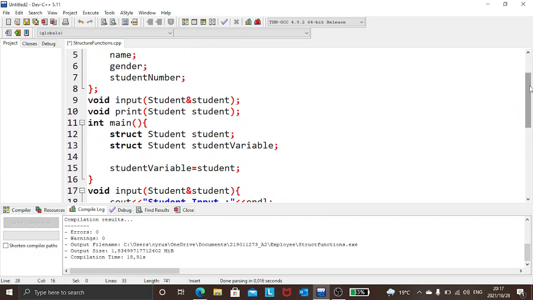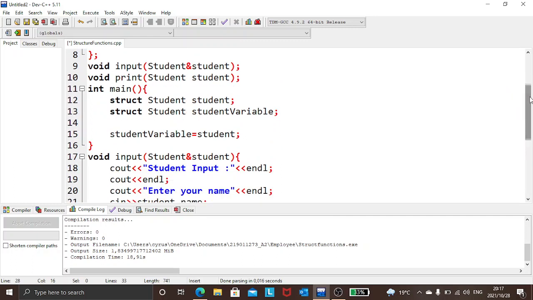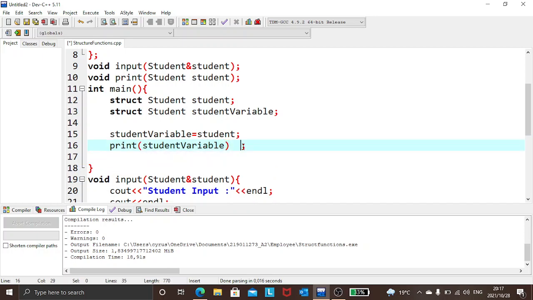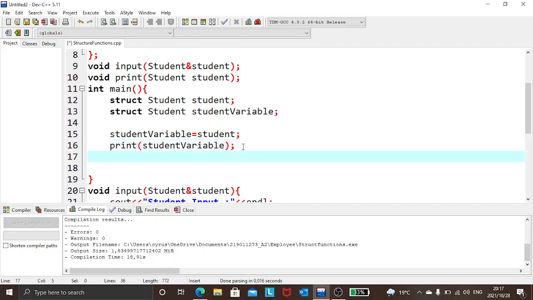Both the function for input and the function for printing. So let's go here and call it. So print. I want to call those functions. I'll just use student variable. Sorry for that. Student variable. And then